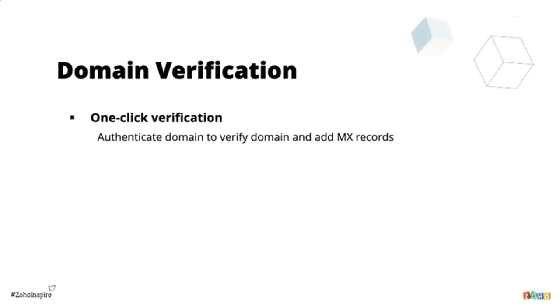What you do when you're doing the one-click verification method is you're basically authorizing your DNS provider. You're authorizing such that Zoho Mail has access to your DNS provider so that we ourselves can go and add the values that are respectively needed for both the domain verification and the MX record addition process. So if you are going to be using the one-click verification, there is very little work on your side. We will do most of the work once you give us access to your DNS provider.